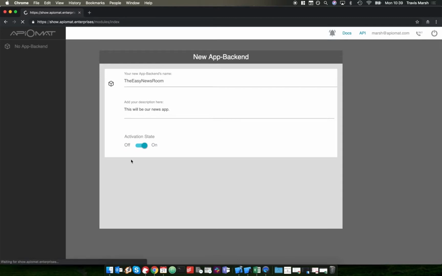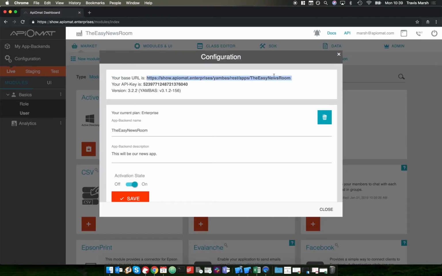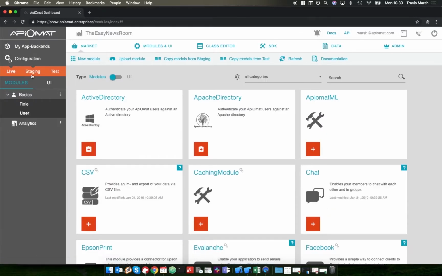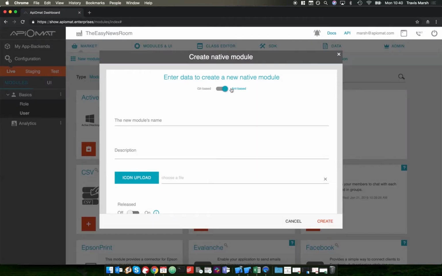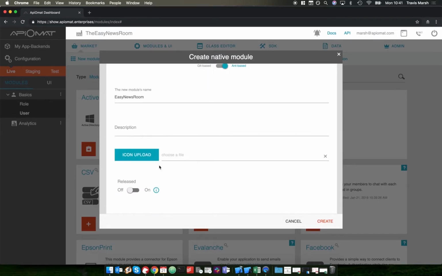First, we'll log into the ApiOmat platform and create our new app backend. This is the server side of our application. By clicking on configuration, we can see we have a new base URL, an API key, and we have the modules basic with the role and user class. In the module market, we can add functionality to our application, but for this app, we're going to create our